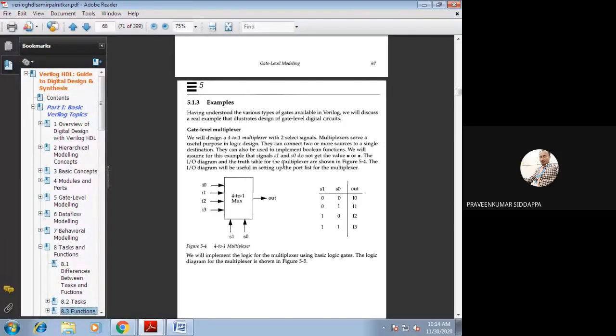Here he has given a 4 is to 1 mux. What is a mux? A mux is nothing but many to 1. That name only we will suggest. We combine all the inputs, and we get only one output. That we should call a mux. Always a mux has 2 to the n inputs and 1 output.